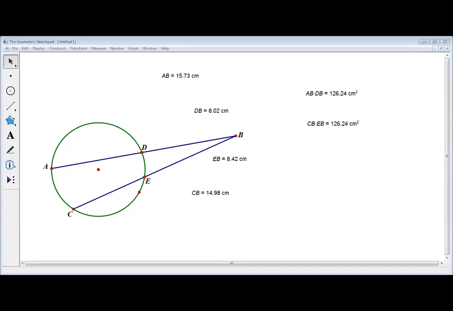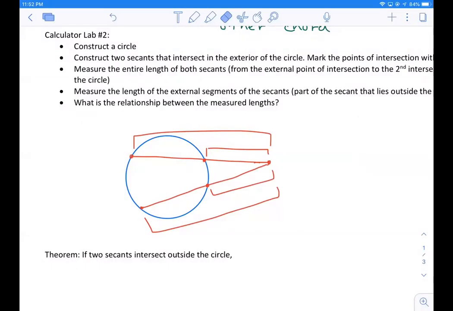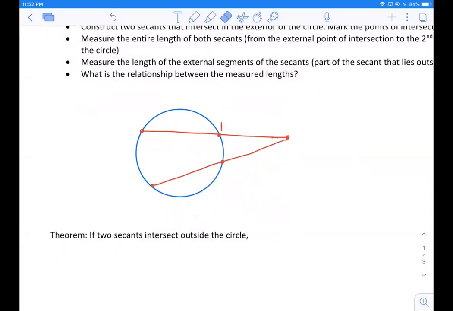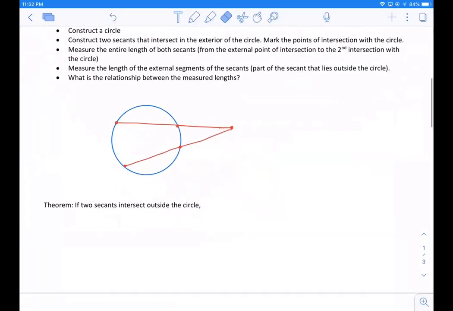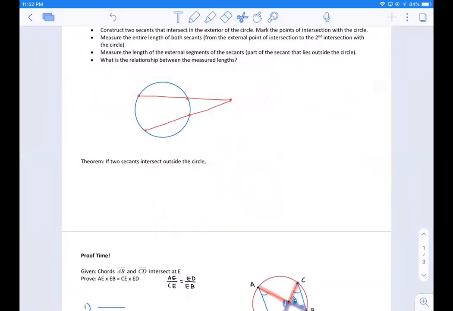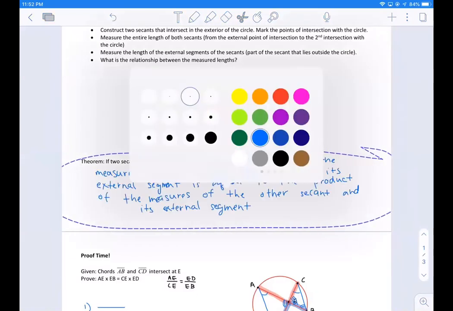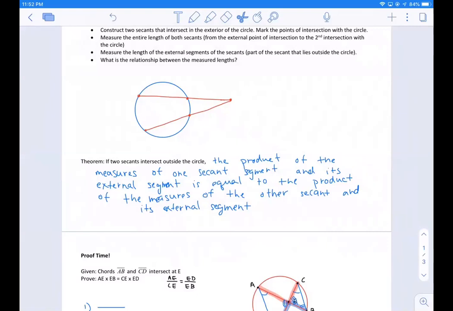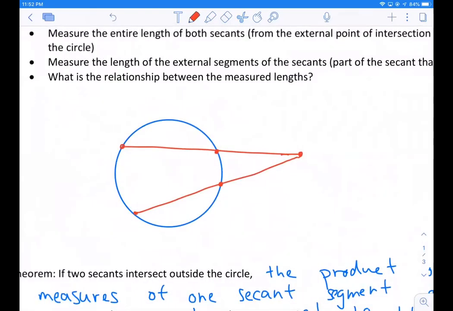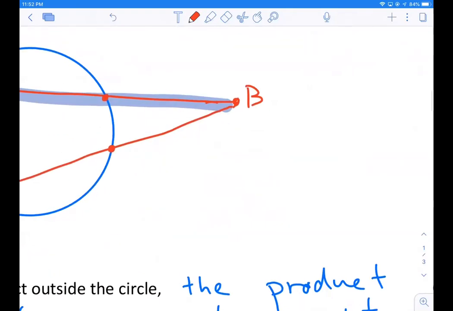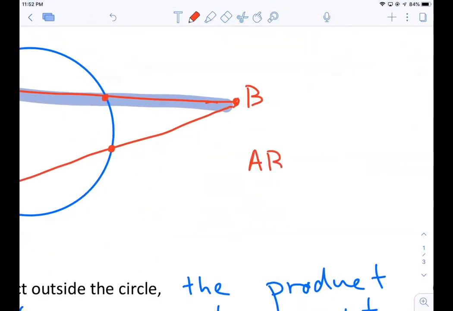Screen mirroring, zoom. And I think I wrote this one down earlier as well. Let me just make sure. If two secants intersect outside the circle, then I'm sure you guys could figure out a way to write it down. But here's the way I wrote it. The product of the measures of one secant segment. So one secant segment. Here we go. Let's call that AB. So the product, so AB times,